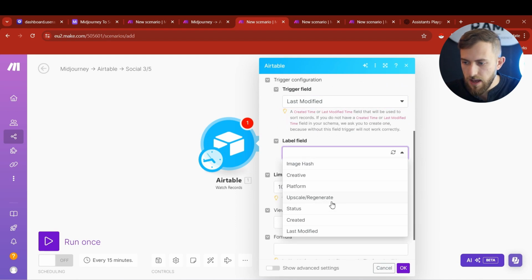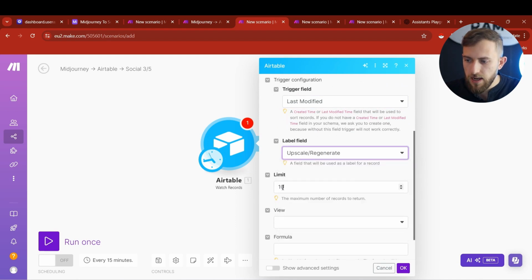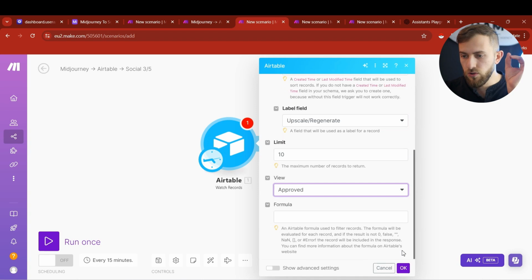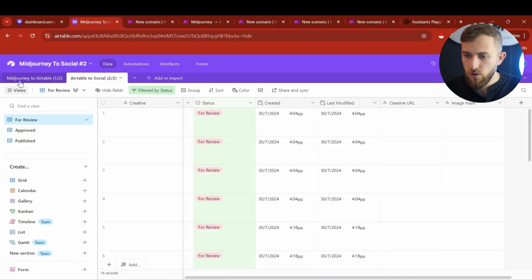Label field is going to be upscale or regenerate. Limit, just keep it at 10, it's fine. And then view is going to be approved. Okay, so what you'll do here when you want to upscale something or regenerate something, then you will come here